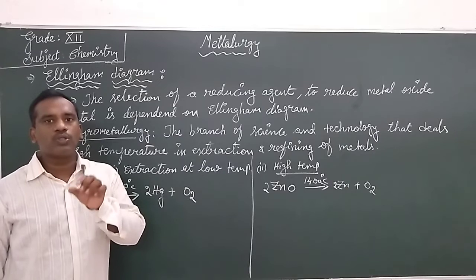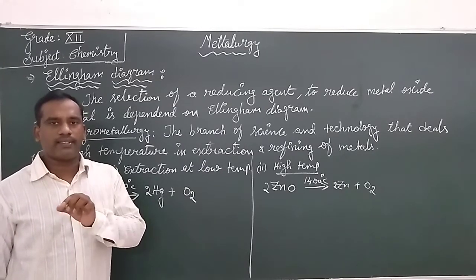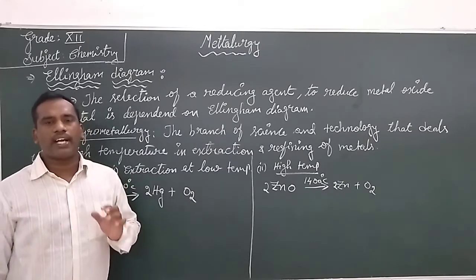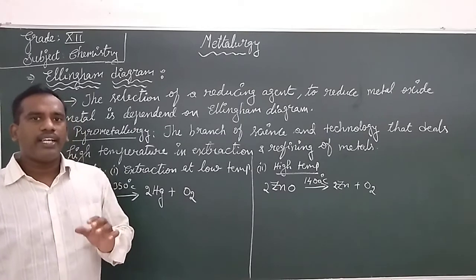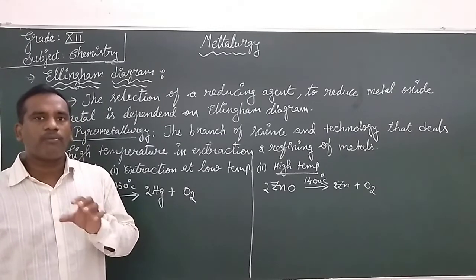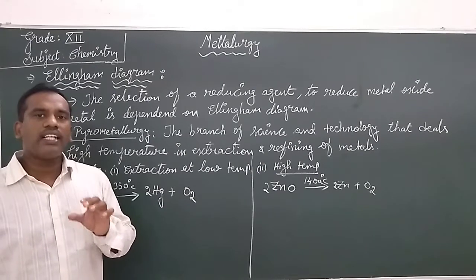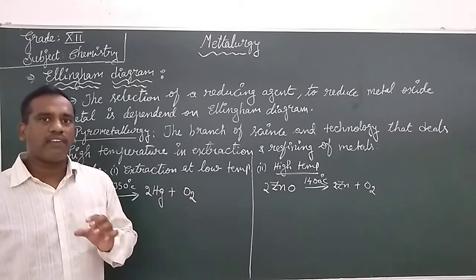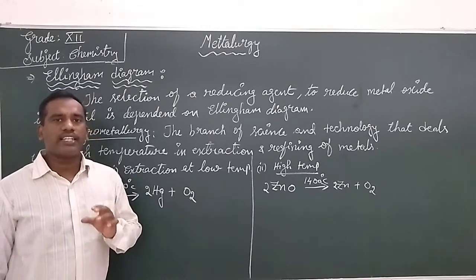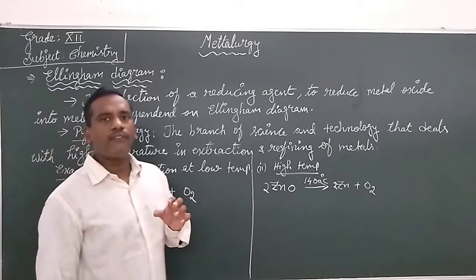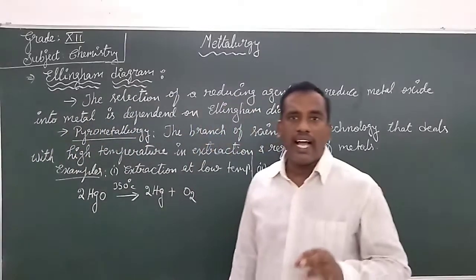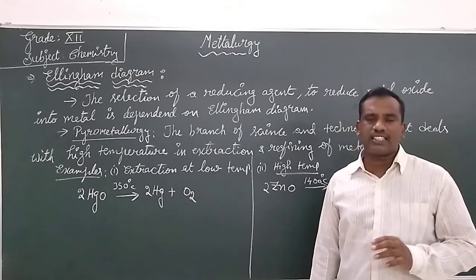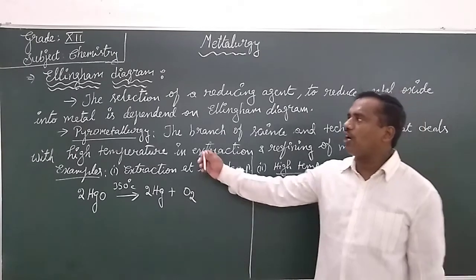And why it is chosen, we will be learning at the end. In all these topics that we are going to learn about the Ellingham diagram, we are going to study the extraction of metal from the metal oxide. Generally this takes place at high temperatures. Yes, at a very high temperature only can we extract the metal. There is a branch of science that deals with extraction of metals at high temperatures. That is the branch we call